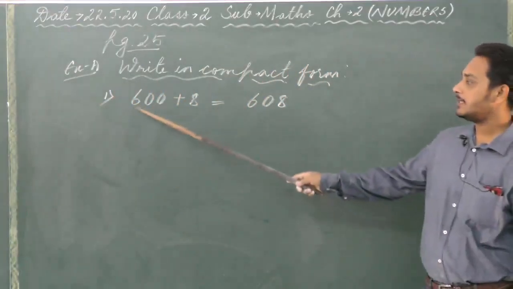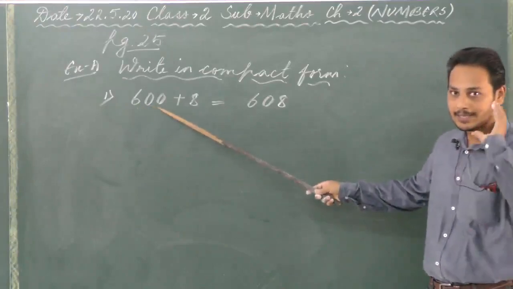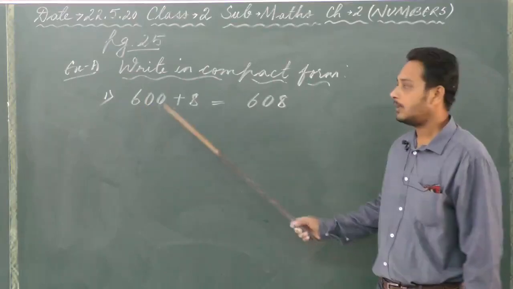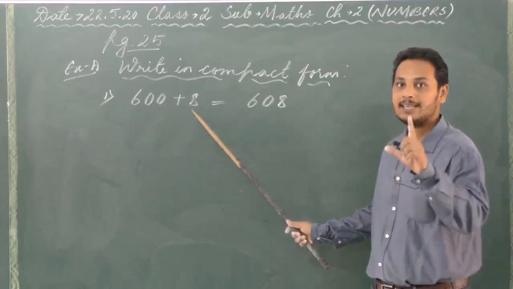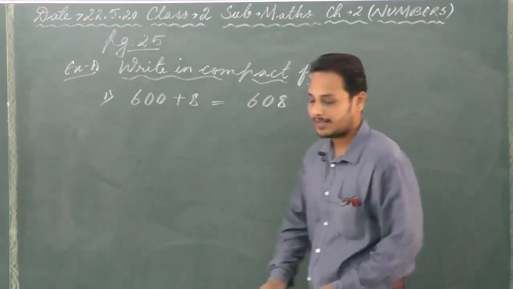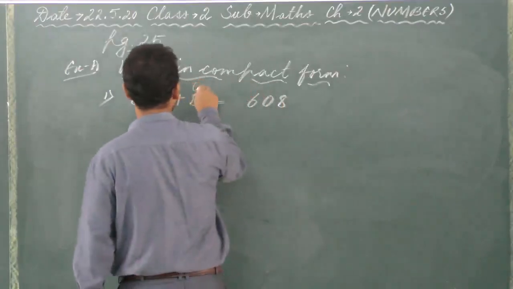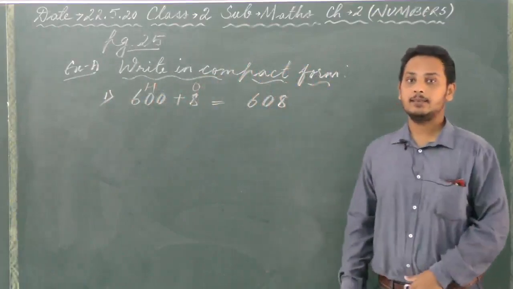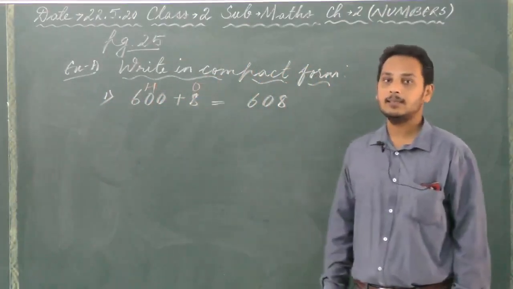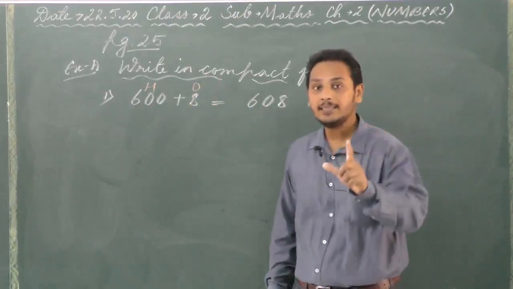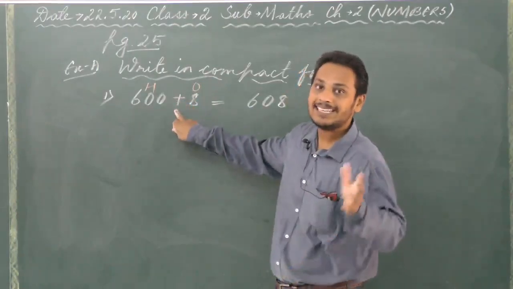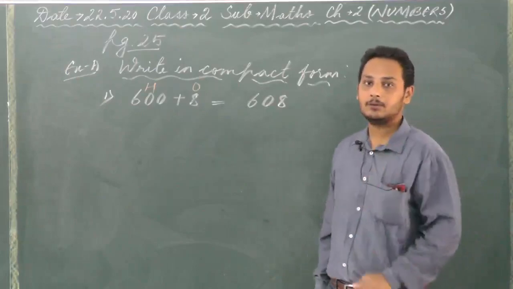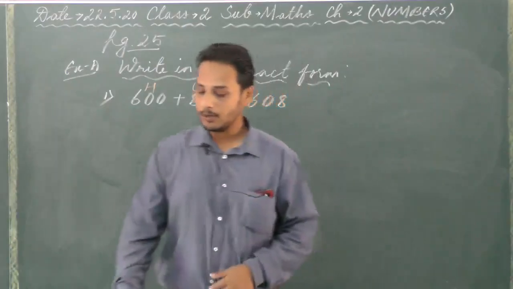Now just pay attention to an important point over here. As you can see, we have 600 here. So it is understood that 6 is in the hundreds place. Now the next number is 8. Only a single digit is given here, 8. That means what? It means that 8 is in the ones place. So we have hundreds and ones. Now what about tens? There is no number given in tens place here. So it is understood automatically that whenever there is no tens given, the number in the tens place will be 0. Always 0. It is an important point to remember.